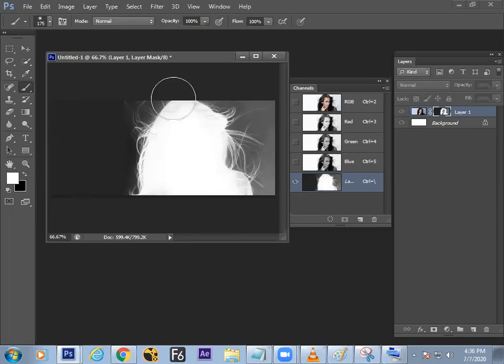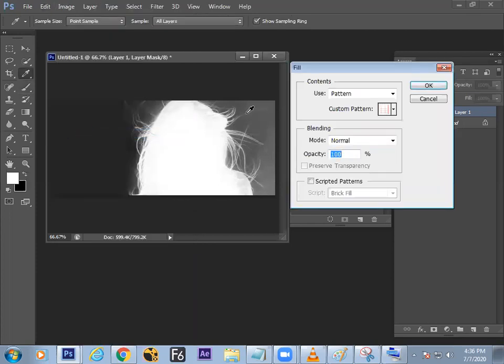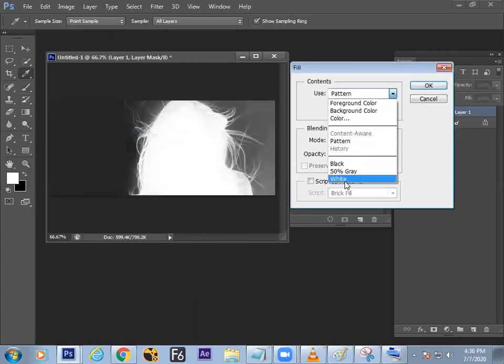Now the case is, here this gray color is there, it is to be turned into black. So how to turn the gray into black? In the previous class, you got to know. Edit menu, fill. What is to be filled? You can fill the black